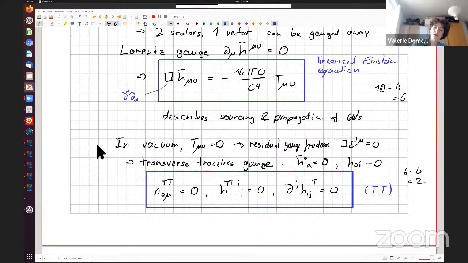For this, the linearized Einstein equation is the key equation governing the dynamics of these degrees of freedom. To emphasize, this is really a pure prediction of general relativity. It's a pure classical theory. We don't need to quantize anything or talk about quantum gravity. We can derive an equation of motion, which we will study in the second part of the lecture, which tells us how these 2 degrees of freedom can propagate and interact with the universe.